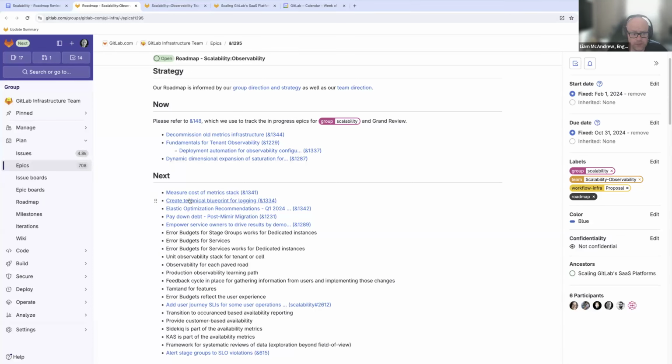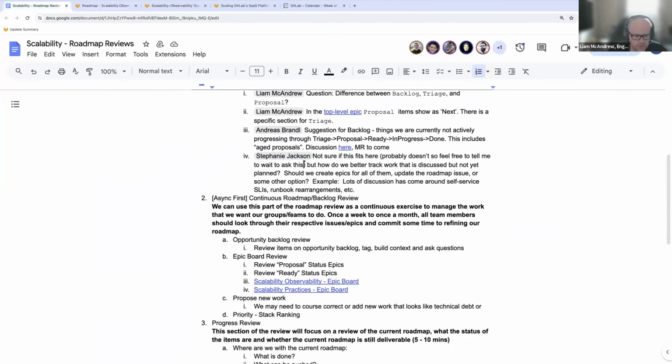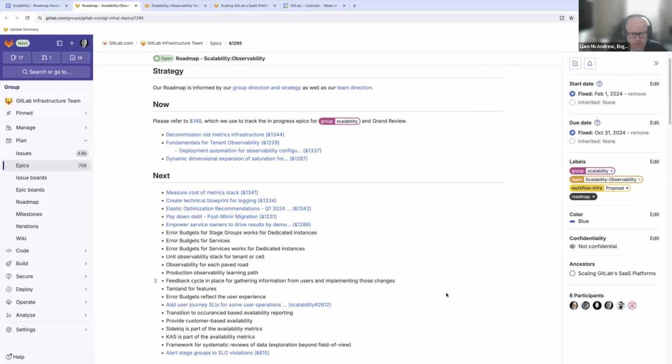I also think that it's an opportunity to create an environment where everyone can collaborate and contribute to the roadmap as well. I think we'll talk a bit more about that in terms of the process and being async first. To make this work, it's not something that will change just once a month when Sam and I talk about it. I think it's something that the whole team will contribute to, will have opinions on, and we'll actively talk about priorities. And again, that will be most effective if we do it asynchronously as well, not just synchronously.